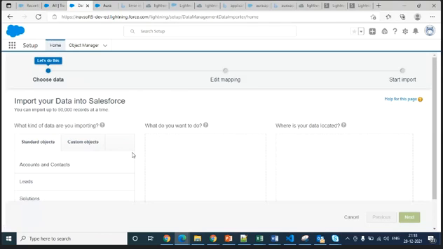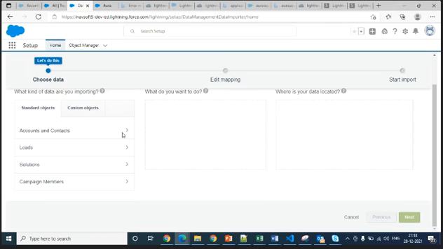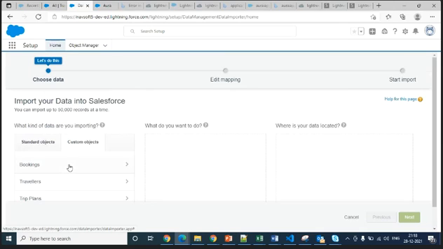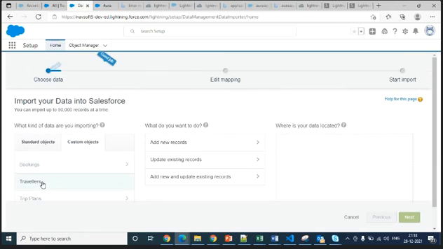Let's try to do it. If you click that button, it will open. First thing you have to do is create a CSV file. I have done that already. Then what is the object you need to import? You need to import traveler. Traveler is a custom object, in the sense that it is created by the user, created by me. That is called a custom object. So you can see, select this one and see the traveler object here.